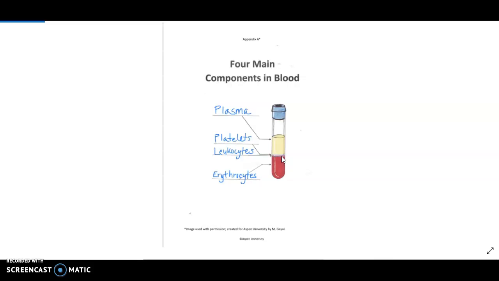The 3 types of granulocytes are neutrophils, eosinophils, and basophils. And the 2 types of agranulocytes are lymphocytes and monocytes. White blood cells make up approximately 1% of the blood,